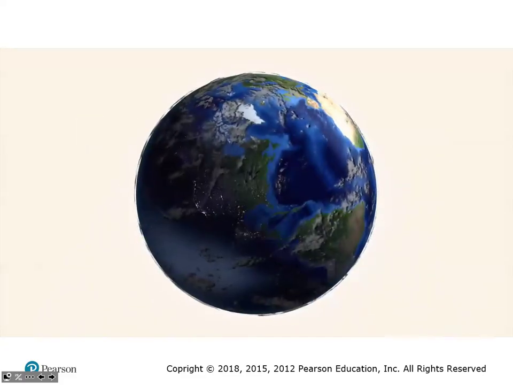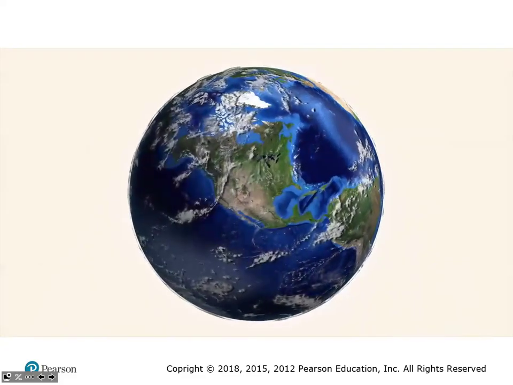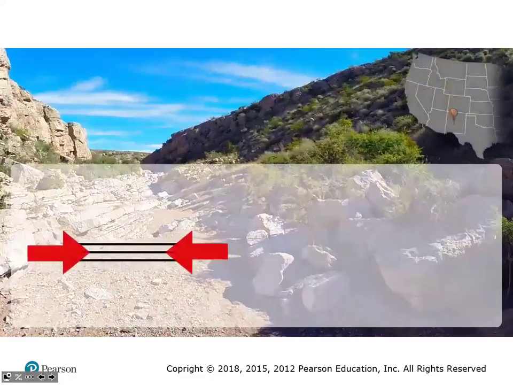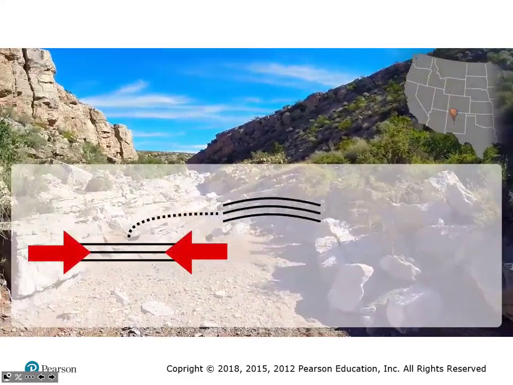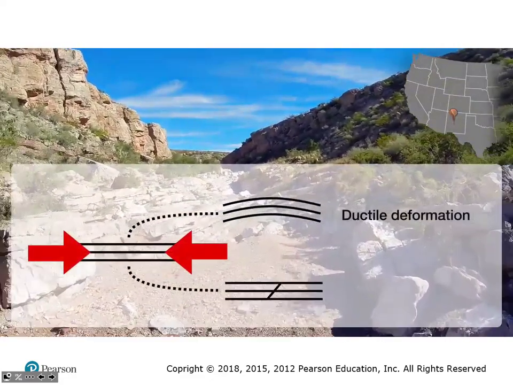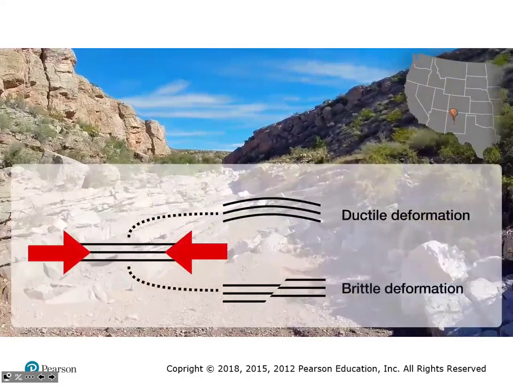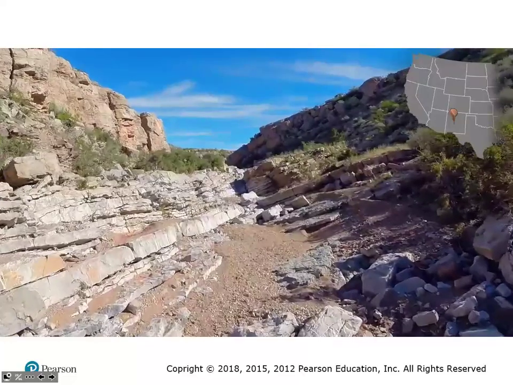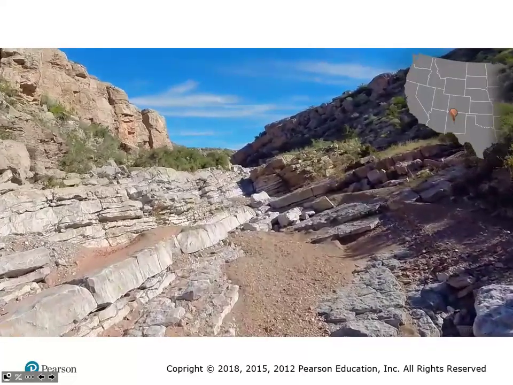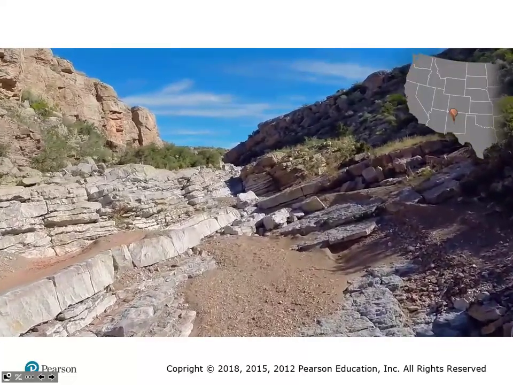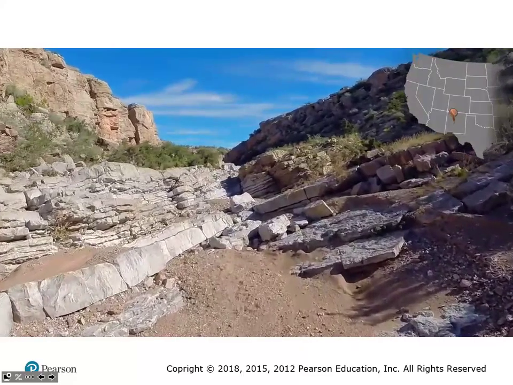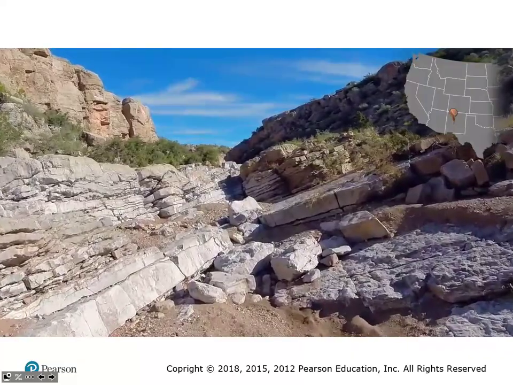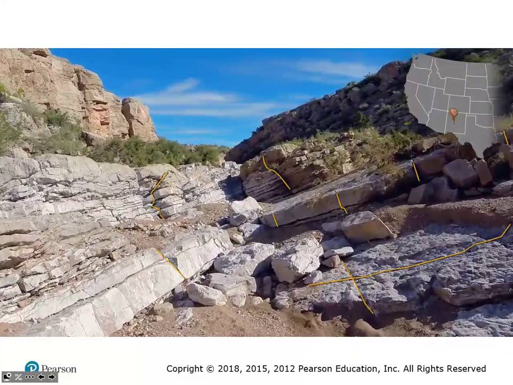joints. Today we visit a few locations in the western U.S. to investigate faults and joints. When rocks are subjected to stress, they deform by either bending, called ductile deformation, or by breaking, called brittle deformation. Ductile deformation usually occurs when rocks that are deeply buried are subjected to differential stresses, whereas brittle deformation usually occurs in the shallow crust. In this video, we focus on what happens to rocks when they undergo brittle deformation and